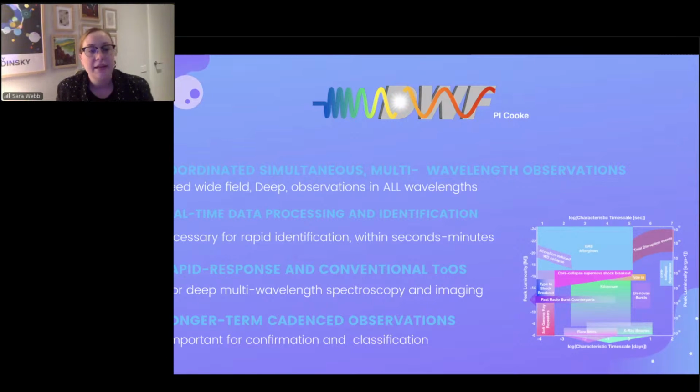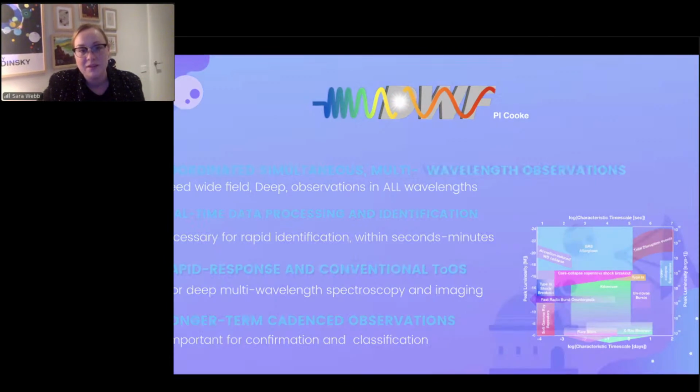And then finally, we can do longer term follow-up. So we can go back weeks to months later with our optical and very wide field imaging and see, did anything that we saw in real time that looked interesting result in anything in the longer term? So that really is the overview for DWF. It is a very unique program with some really cool science and computer science driving it behind the scenes to get it all done in real time.